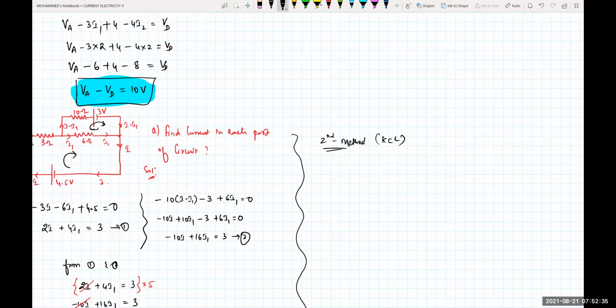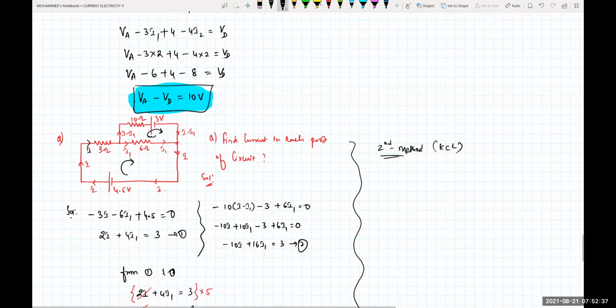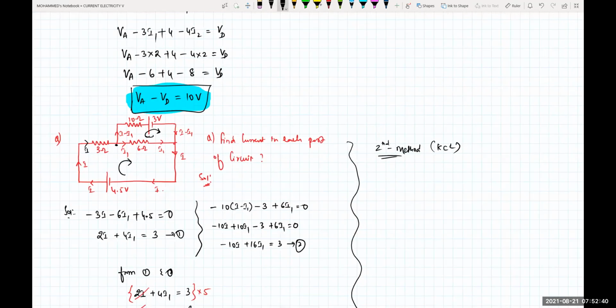KCL. Okay. So what I'll do is I'll try to assume this point as some X. At X there is a division of current, no? Isn't it? At X there is a division of your current. So what is the potential here, beta? This will be 4.5 volt. Here the potential will be equal to 0 volt because it is connected to negative and this one is connected to the positive. Okay. So if I'm writing KCL, whatever the current I'm taking right now, that current I will be equal to your how much? Can you tell me? If this is 0 potential, this is also 0 potential, and this one will be equal to how much for me? 0 potential, negative terminal property.